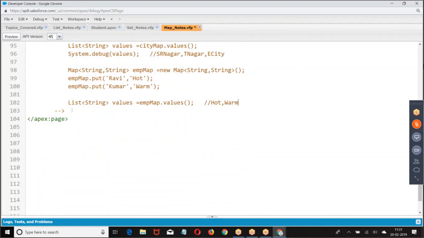Next one is containsKey. This will return true if the map contains the key.